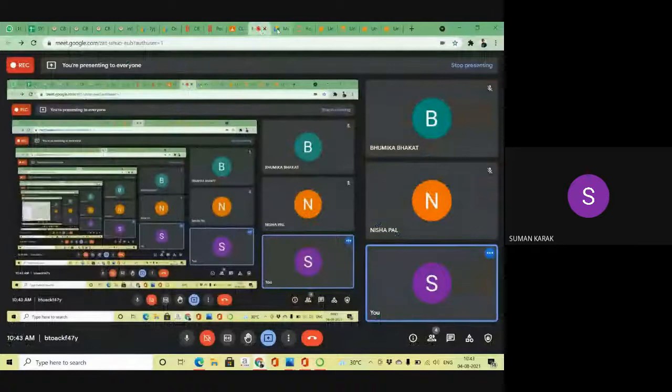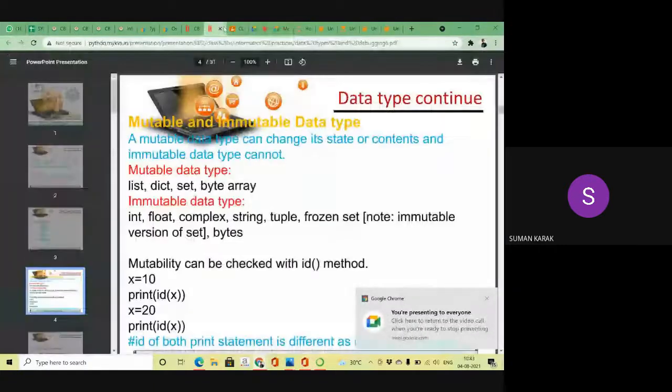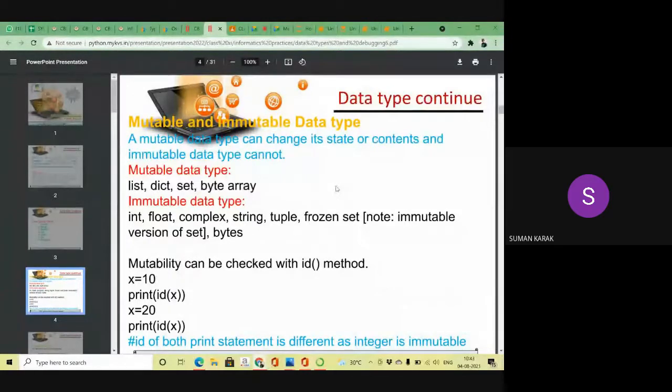So mutable means you can change the data after the execution of the program, and immutable you cannot change. That is the main funda. What are the mutable data types? List, dictionary, set, byte array are all mutable.